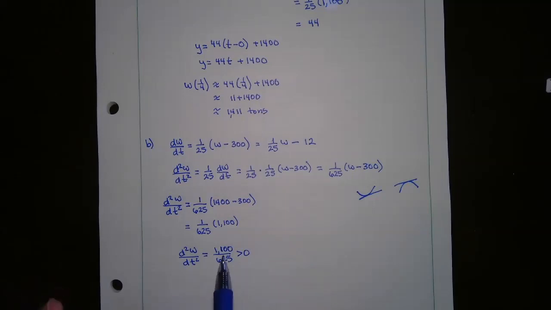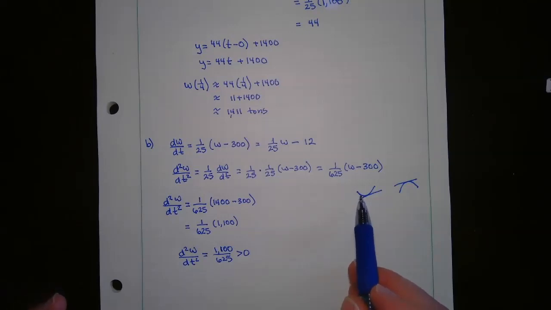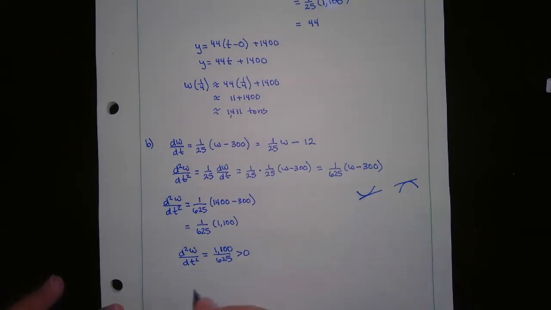So since it's concave up, we have this situation, and so we could write: since W of t is concave up, and we know that because the second derivative is positive,